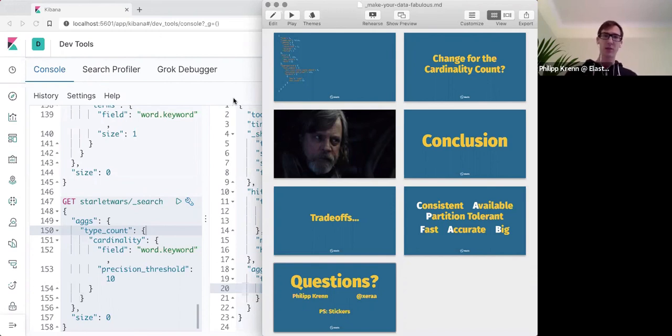You don't have tiny shards, you don't have huge shards, they're all the same. So that will work out very nicely for you. So if you have a dramatically growing data set, then probably use the rollover API to make that happen and keep your shards in sync. I hope that answered the question.